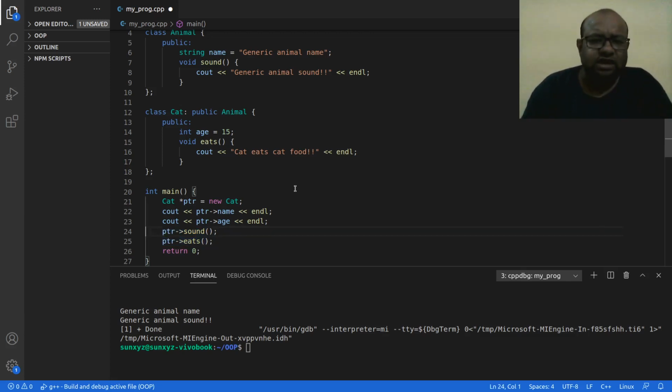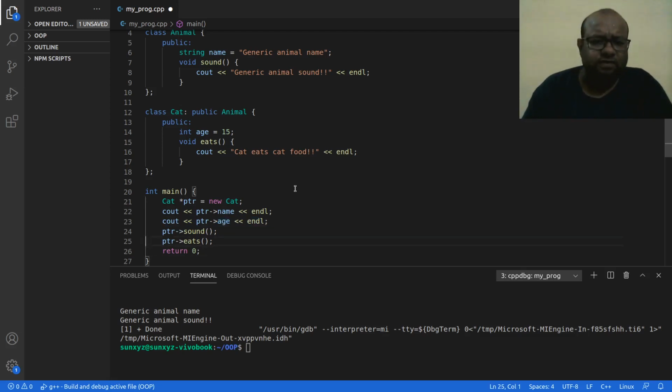Right now, one thing that you can observe, and you probably understand this by now, is that I have this age attribute and this eats method defined inside my cat class. So in line number 23, when I try to access this age attribute, that should not give me a problem.